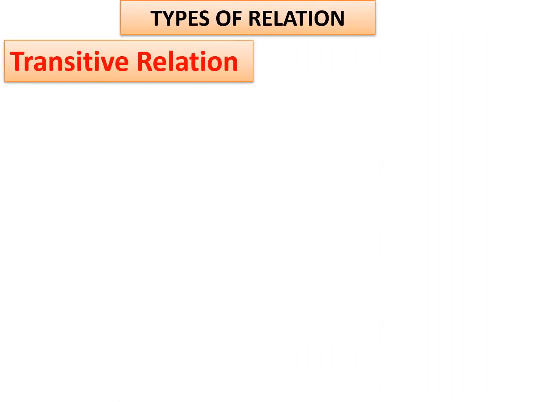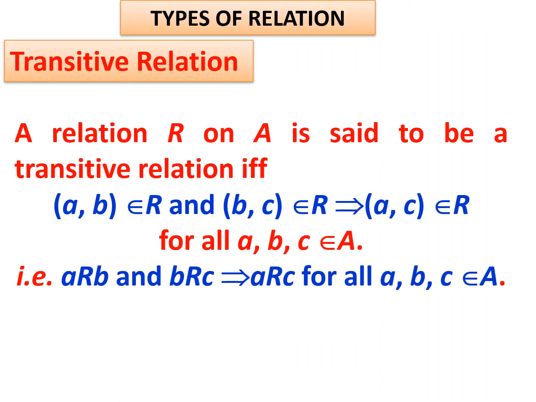Let us go to the next type, transitive. A relation is said to be transitive if (a, b) belongs to R and (b, c) belongs to R, then (a, c) belongs to R. This you have already seen. This type of transitivity you have used in lower classes to prove the parallel nature: first is parallel to the second, second is parallel to the third, therefore first and third are parallel. In lower classes you have also seen that when a is equal to b and b is equal to c, then a is equal to c. We have used this type of transitivity to prove many theorems and relations.